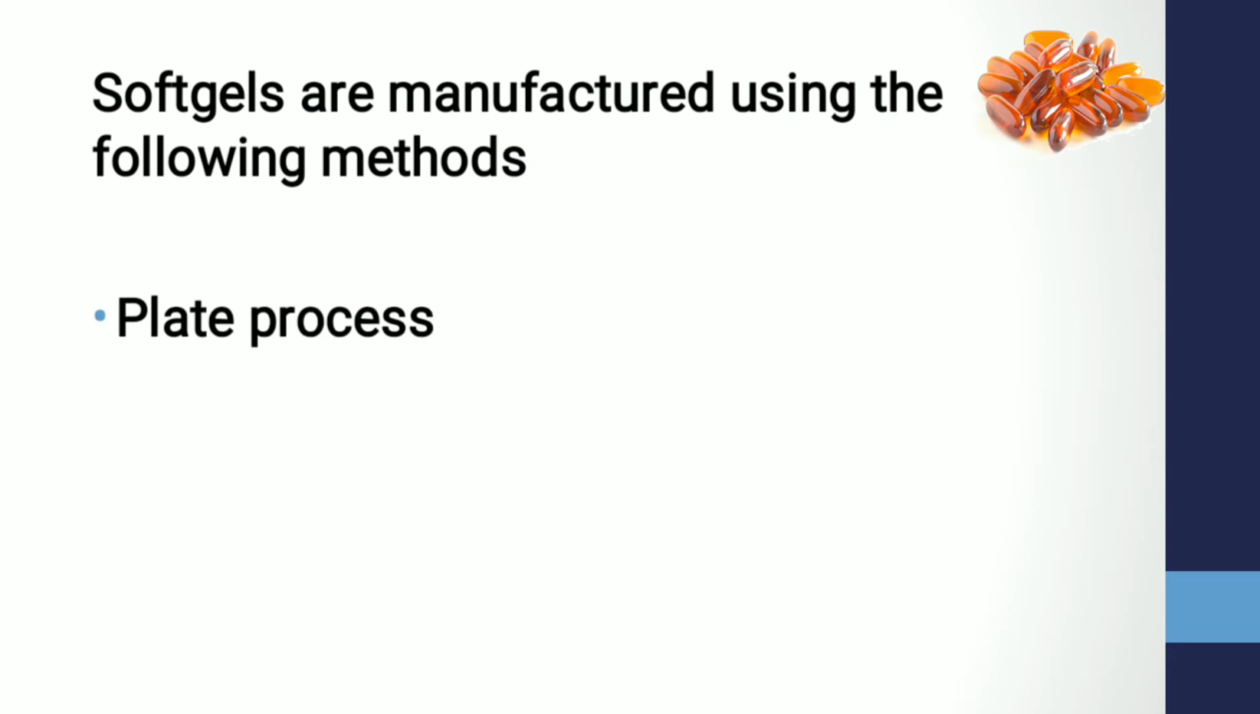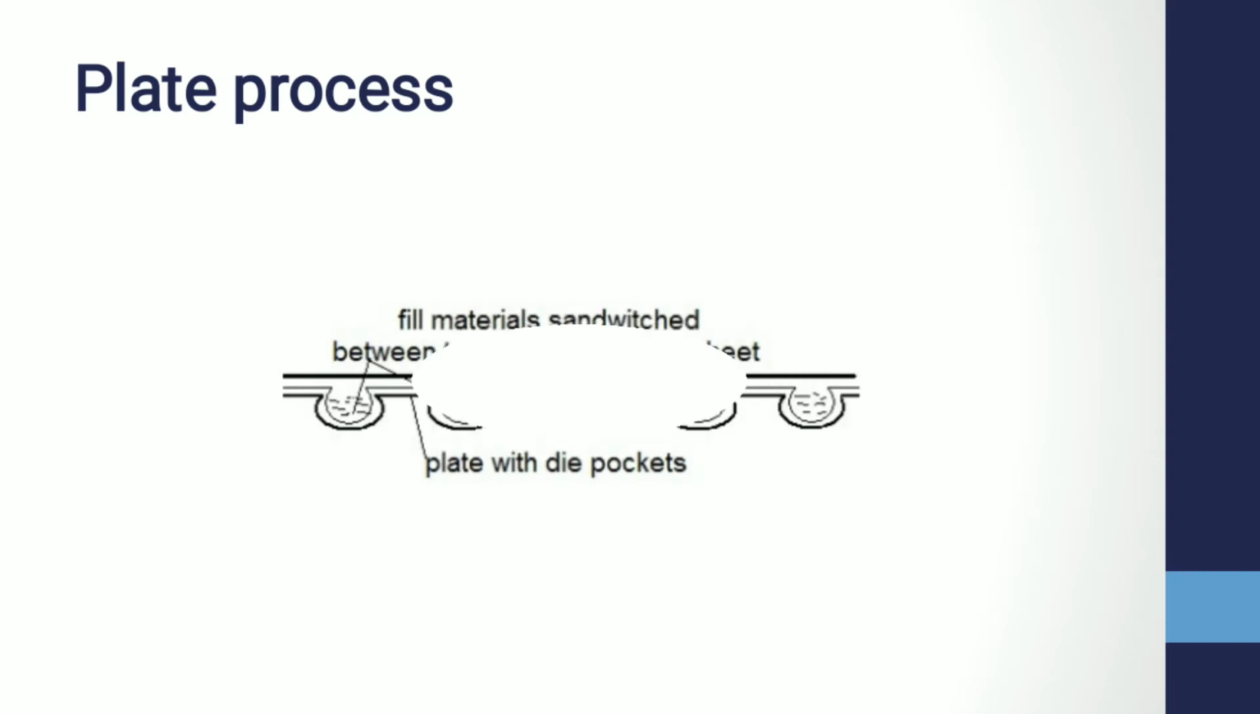So basically, manufacturing of soft gelatin capsules employs one of the following techniques or methods. The first one is the plate process. This diagram will give a more proper understanding of the plate process. This is the oldest commercial process used for manufacturing soft gelatin capsules. Here, the gelatin sheet is placed over the die plate containing numerous die pockets. Then with the application of vacuum, the sheet is drawn into the die pocket, and then